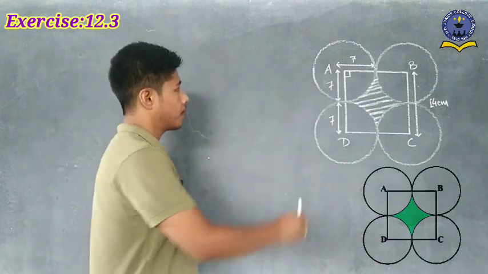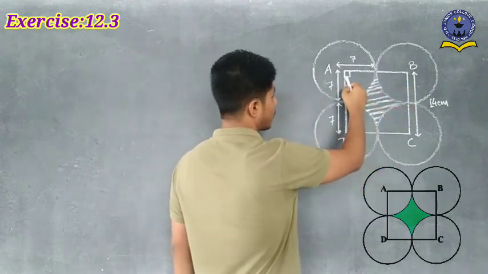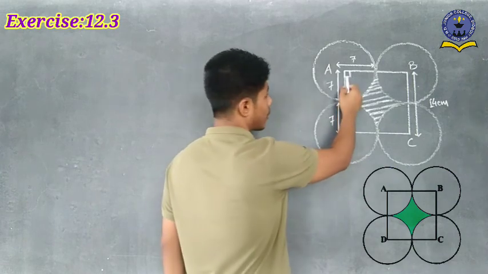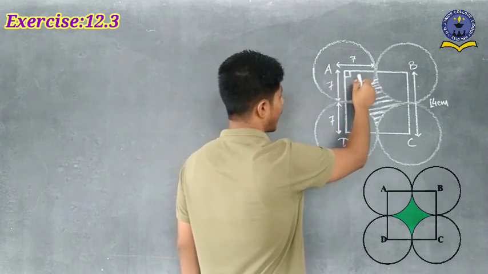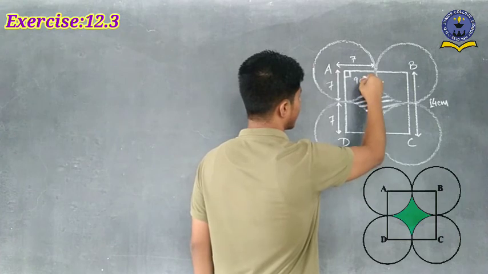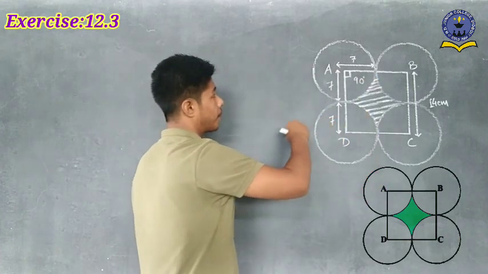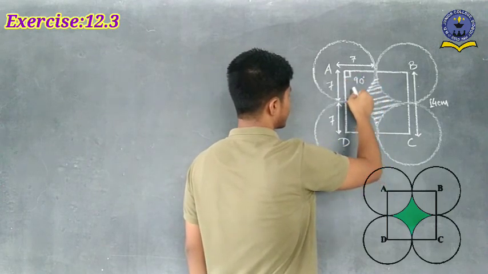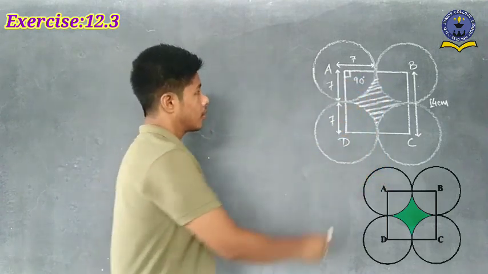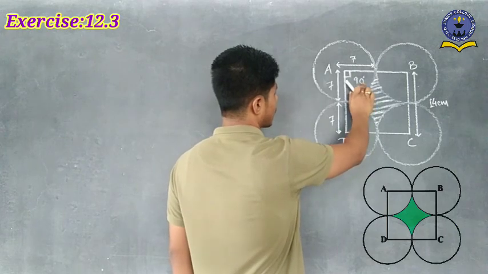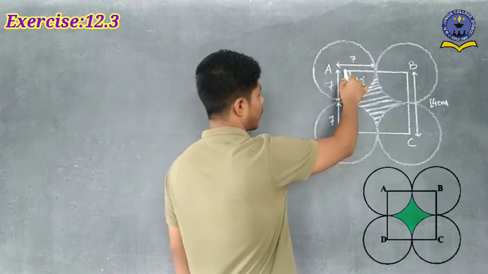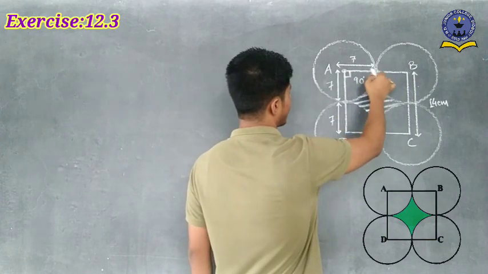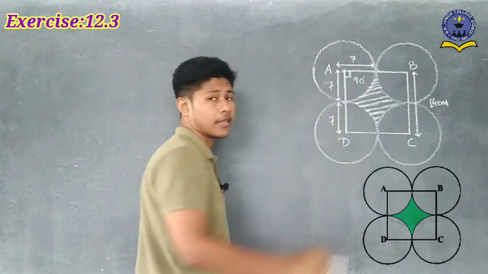Since it is a square, each angle is 90 degree. Is it clear? Now, if it is a circle, then this one portion is mentioned as a quadrant, so that means it is also 90 degree. Now, if we consider this one as the center, then up to this place or up to this place, we call it the radius.